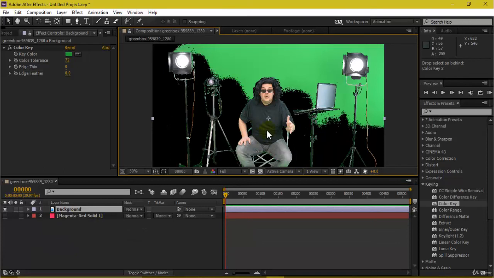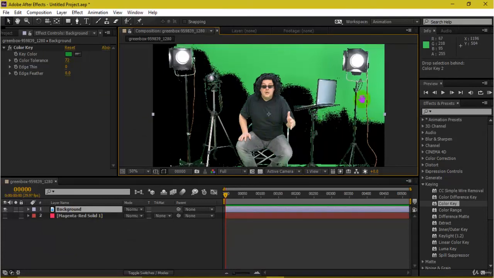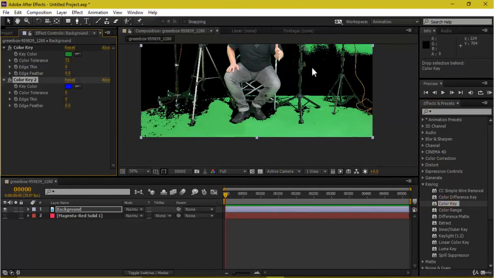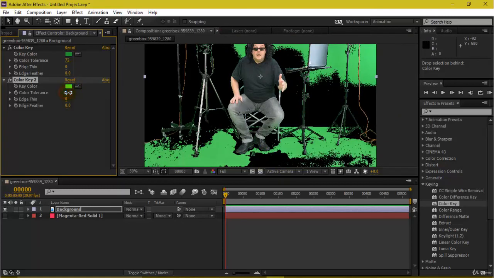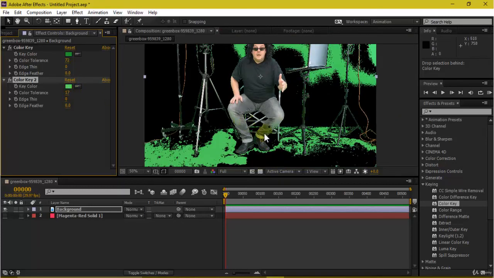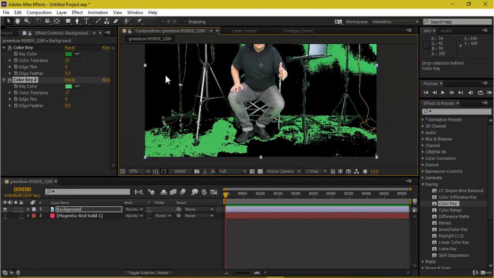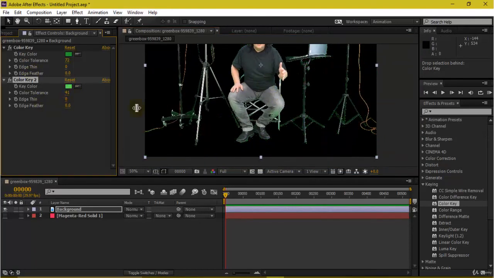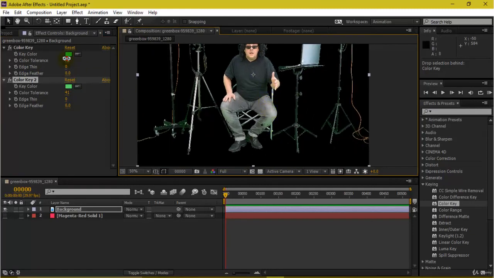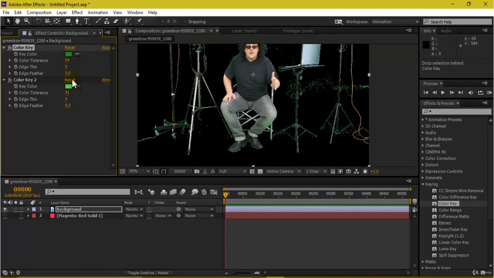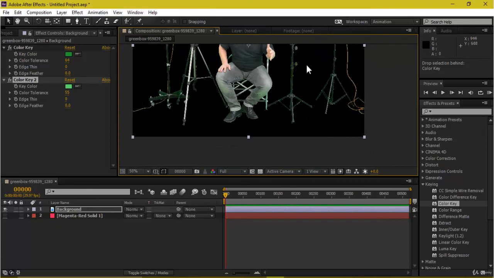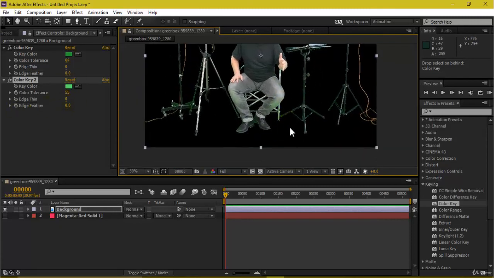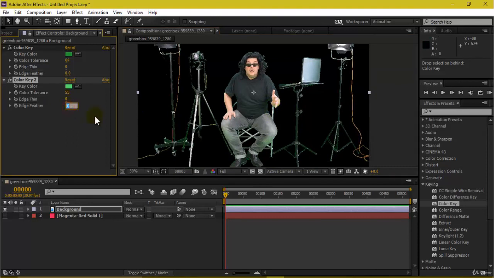Or rather than moving on to masking, you can add one more color key over here, select this with the eyedropper tool, and then increase the tolerance here, because I do not want any part of my jeans to get removed, because that's part of my subject. So make sure these areas are not getting removed. That's very important. Right now, if you see, just by applying two color keys here, I am able to remove my background, which was green. Now I would also like to add some feather, maybe 4 pixels, or maybe 2 over here.